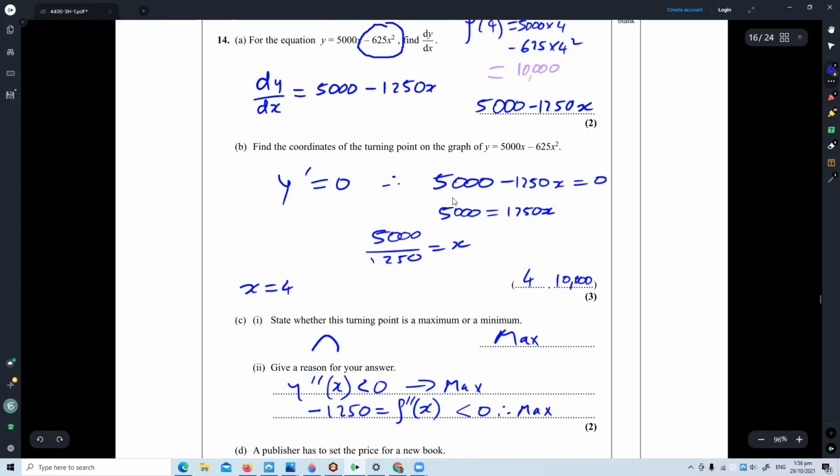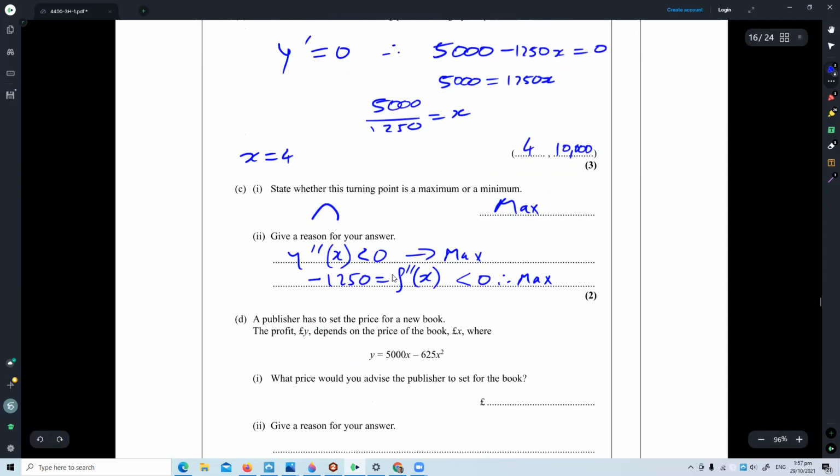So either you think about the fact that the function is quadratic with a negative coefficient, so it's a sad face quadratic, and therefore it's a maximum point, because that's the only turning point. Or you do the derivative twice, and the second derivative is a representation of maximum, minimum, or point of inflection. I think a lot of students at IGCSE level wouldn't be too sure with that, so I'd recommend you use